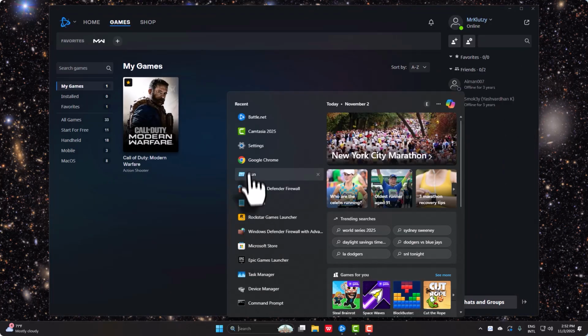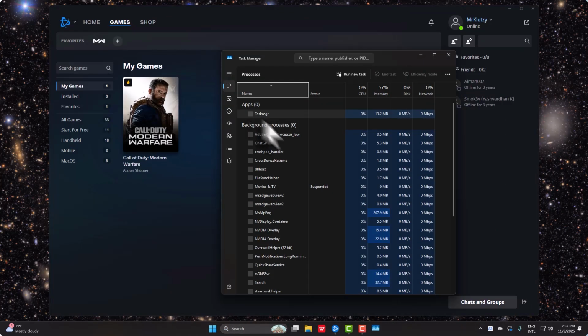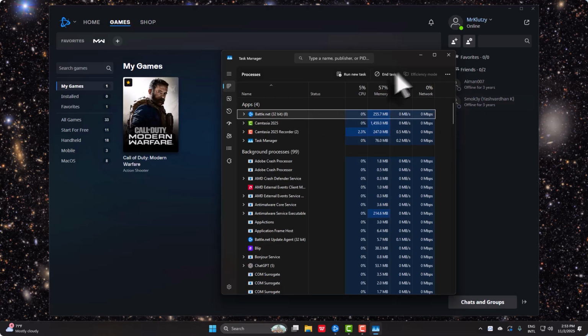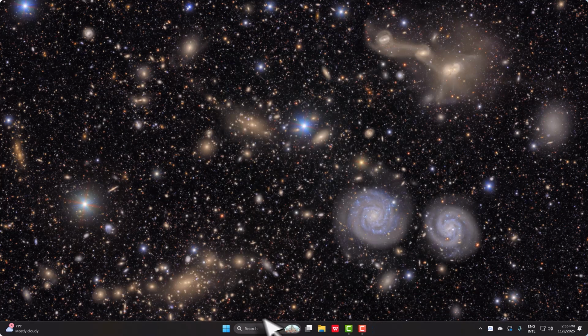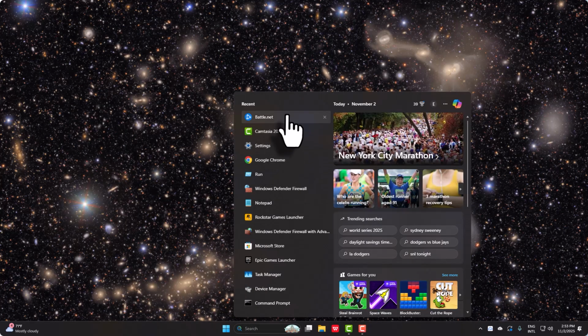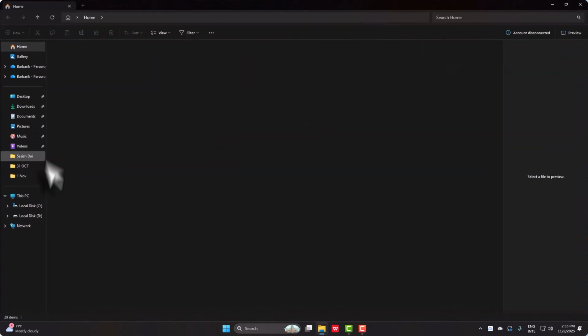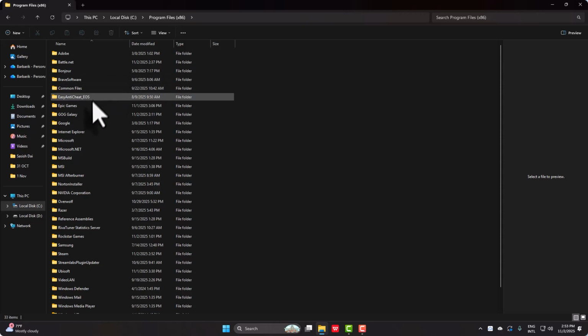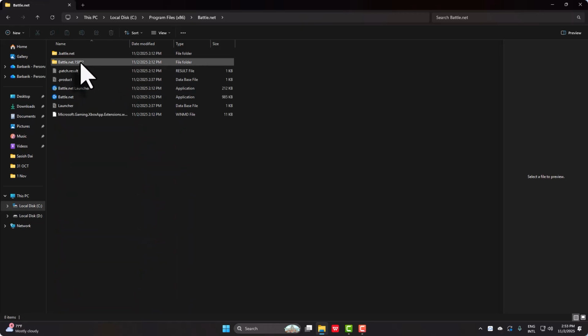So first things first, what you want to do is go ahead into your task manager and look for your Battle.net Launcher and click on End Task. Once you've done that, all you need to do is simply go into your Battle.net file location by opening your folder, go to local disk C, Program Files (x86), and then go to your Battle.net, and on